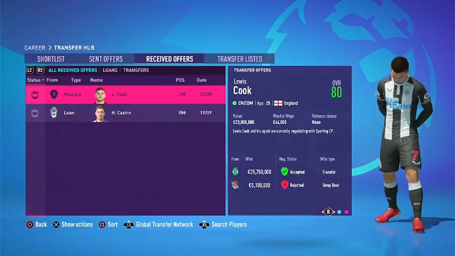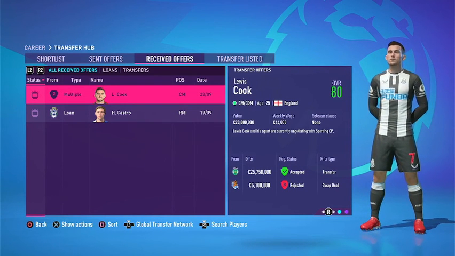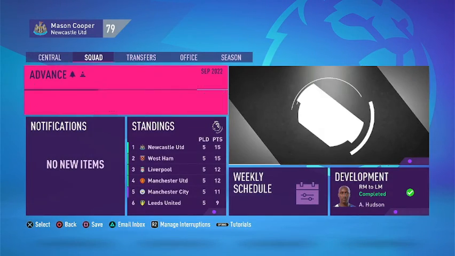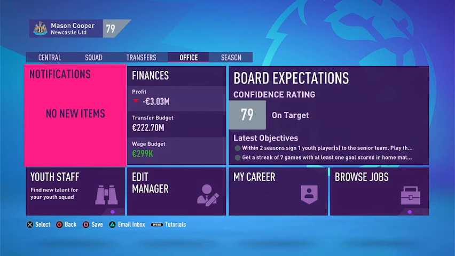Okay. Probably could have asked for more. I probably should have asked for at least 28 or 29. But I mean, I got a lot of money as it is. Let's just see what my transfer budget is here real quick. But yeah, I already have 222 million, so...